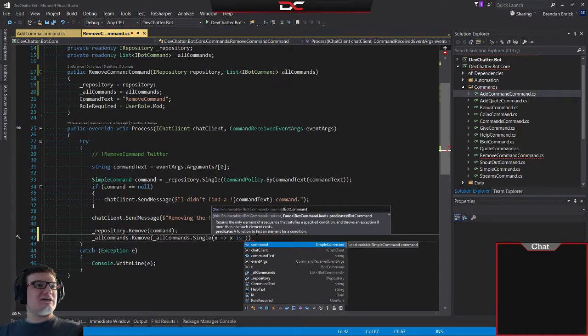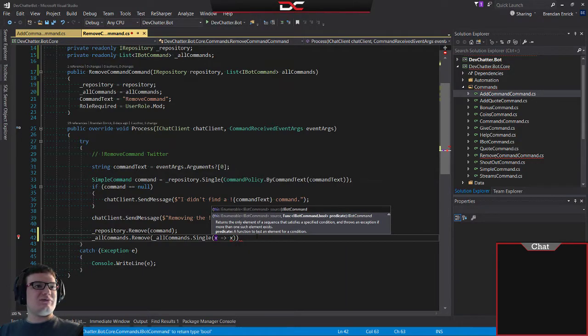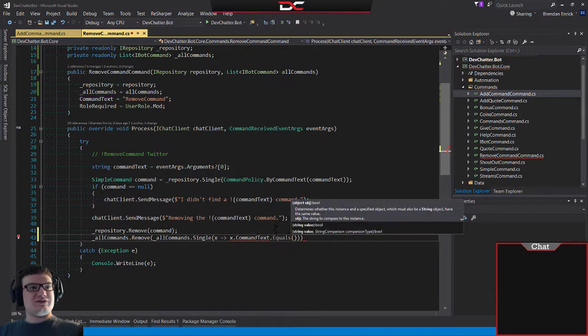X is, actually we're going to say where the command text equals